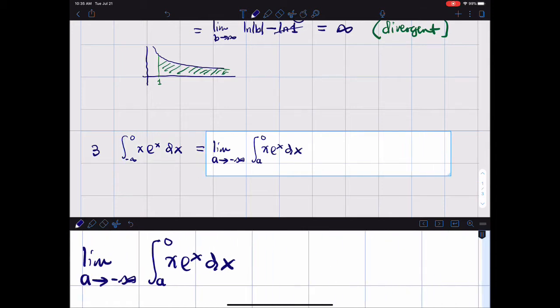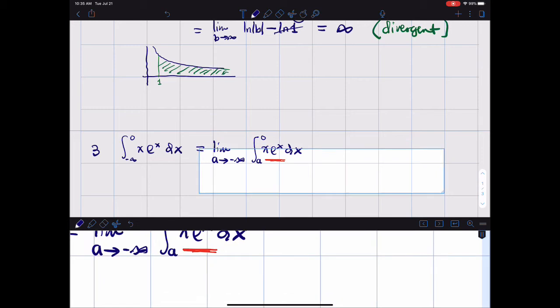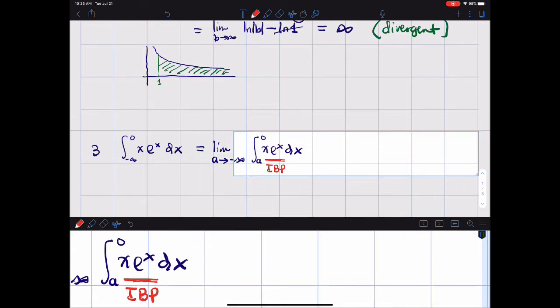All right, so if you perform the integration using integration by parts, we've done this before, but I think you should try it. Make u x and dv e to the x dx, integration by parts. That's all I'm going to say. If you do that, you end up with